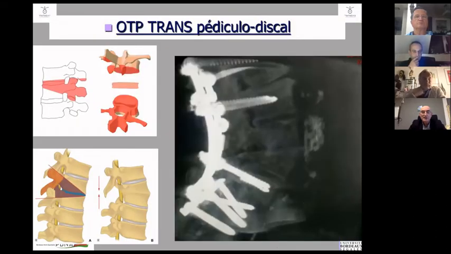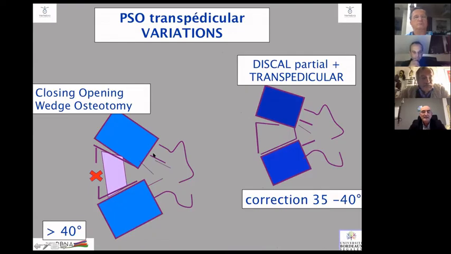So it's just a case here with a transpediculo-discal osteotomy, which is very powerful. You can do it at this level like this, and you have a very strong correction there. You have the closing opening wedge osteotomy, which is a little bit dangerous because you have to distract completely in the front. And the problem in this case is that